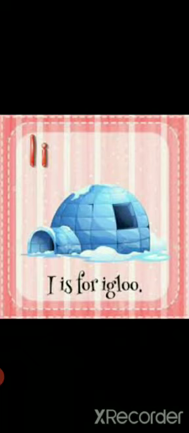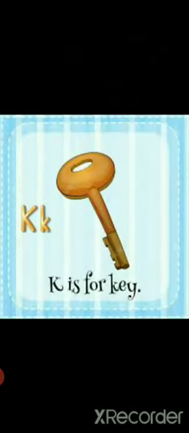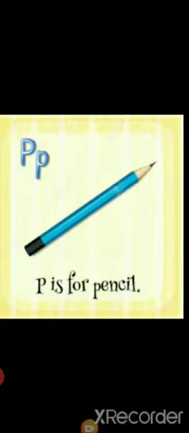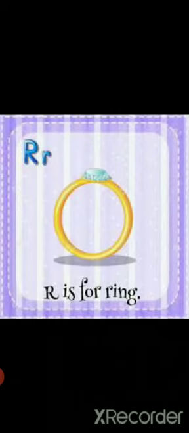A is for aeroplane, B is for ball, C is for candy, D is for drum, E is for envelope, F is for flower, G is for grapes, H is for heart, I is for igloo, J is for joker, K is for key, L is for leaf, M is for moon, N is for newspaper, O is for orange, P is for pencil, Q is for quilt, R is for ring. Okay, so our today's new letters are